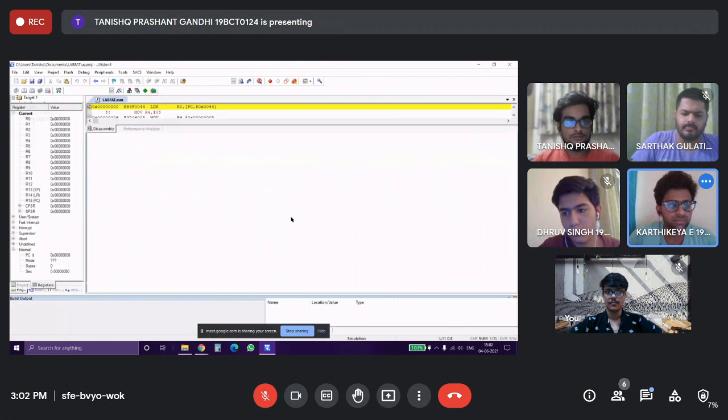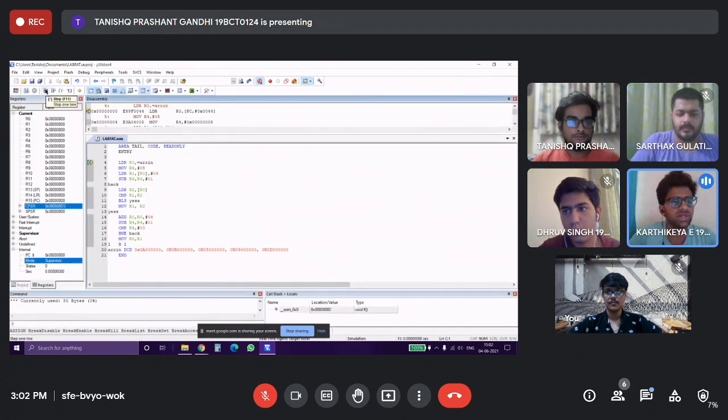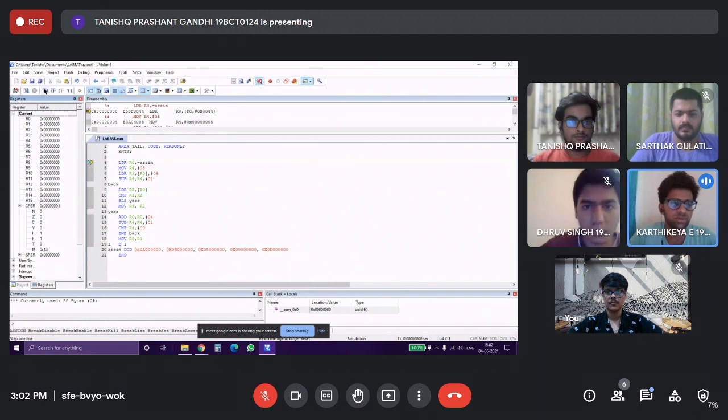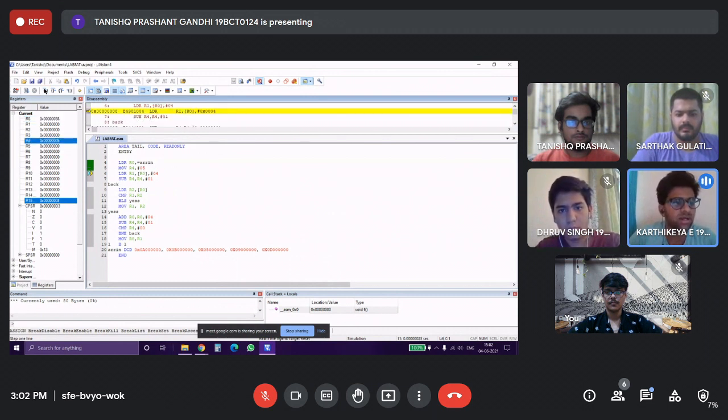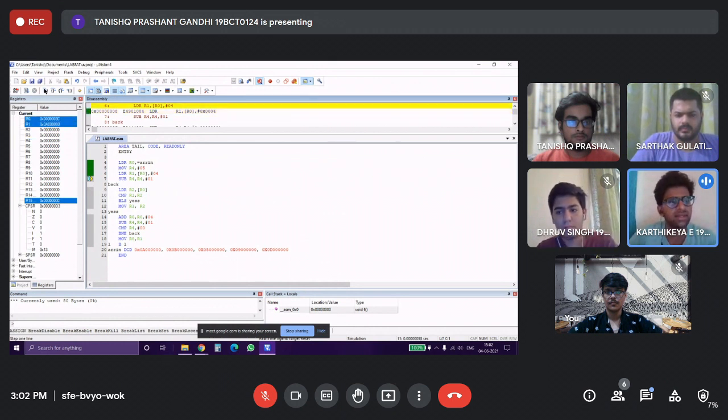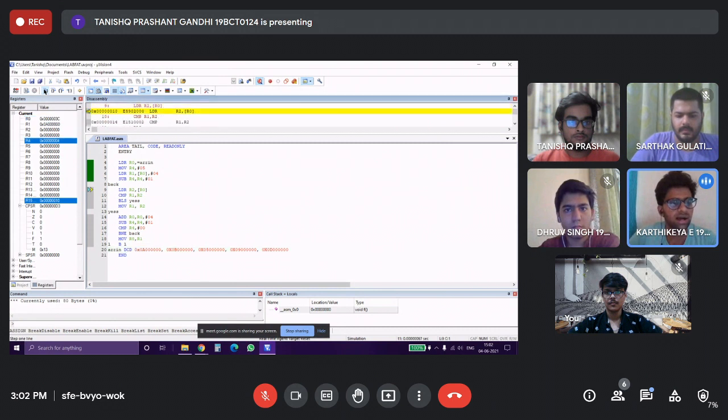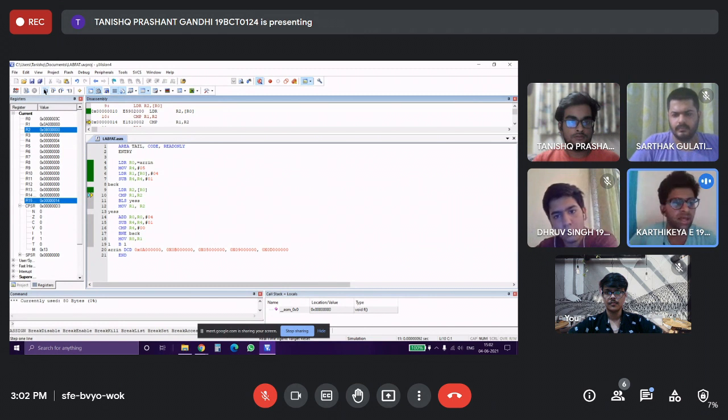To start the code, with R0 everything is 0 basically. In the first iteration, R1 contains the first element of the array. R4 contains 5, the number of elements in our array, and R1 contains the first element, as we have executed line 6. Now at line 7, R4 is decremented by 1, so the length of the array is 4. And now R2 contains our second adjacent digit, that is the hexadecimal number 0B in this case.